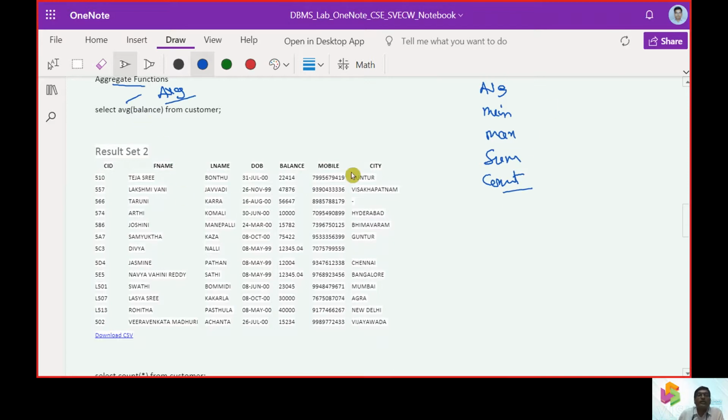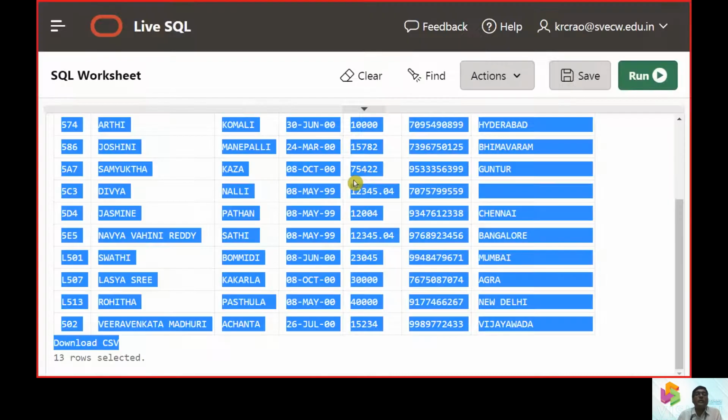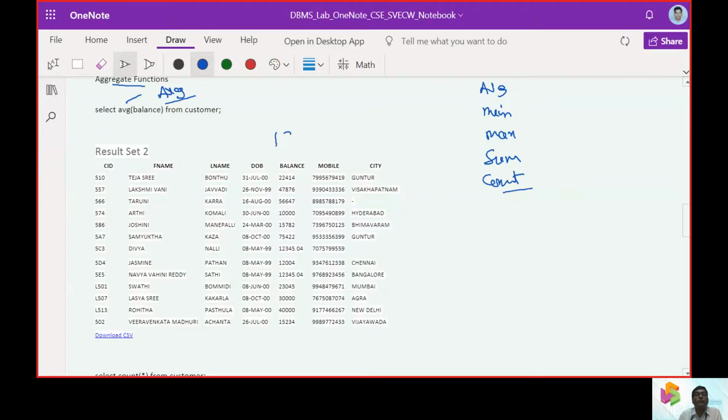So now it was the average of balance. So the total number of rows is 13. So obviously we will take the balance of all these entities and make a sum, and then divide by 13, and then we get the average. So that will be the answer at this stage.